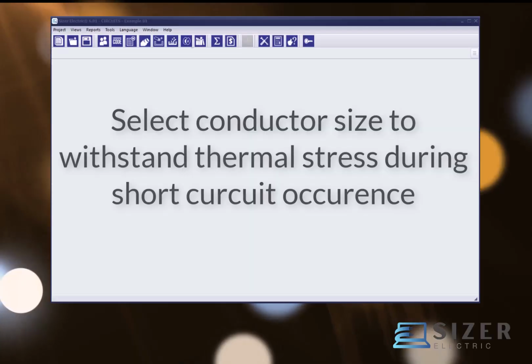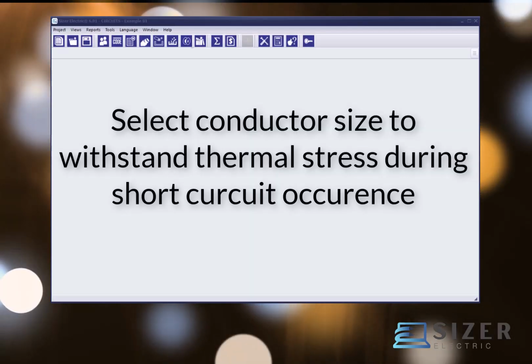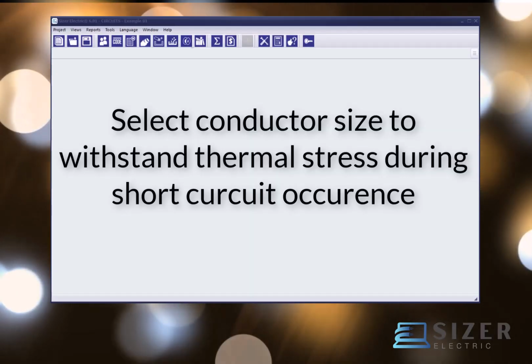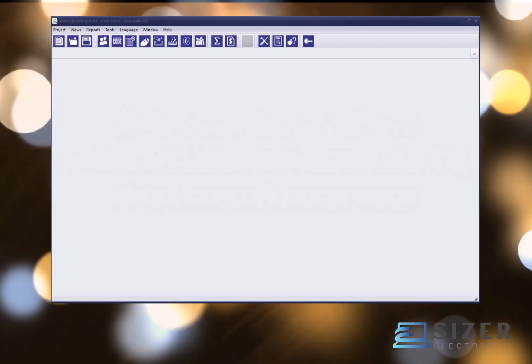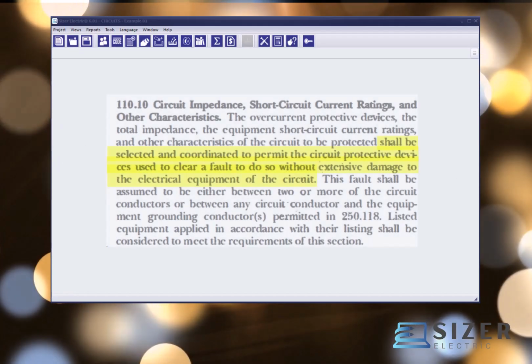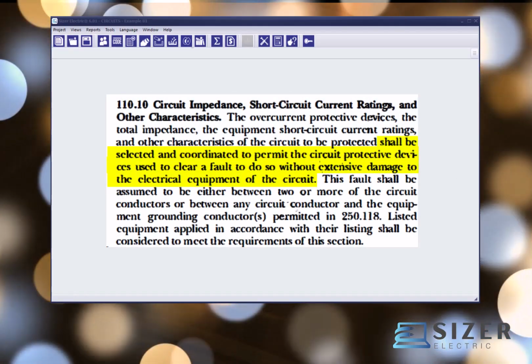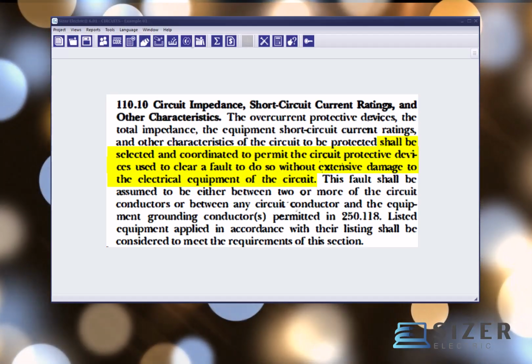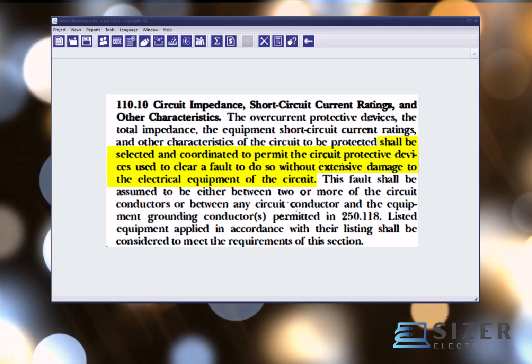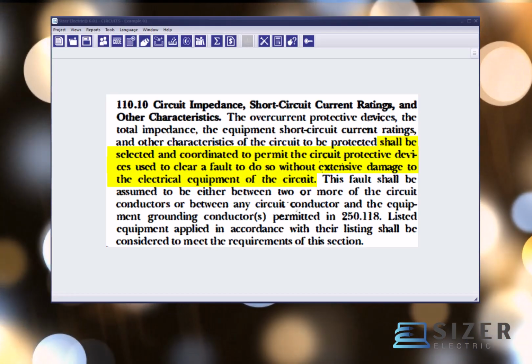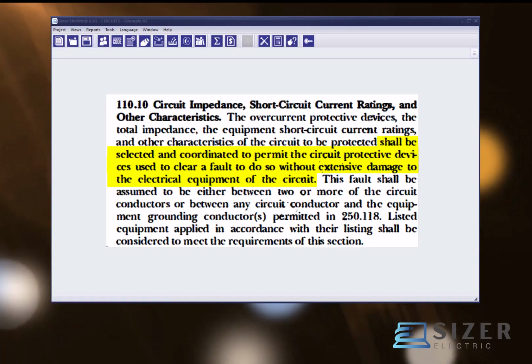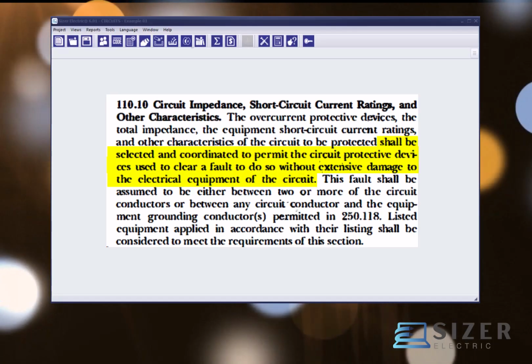In this video, we will present the principles used to size a conductor considering the thermal stresses during a short circuit condition. It is important to note that, according to Section 110.10 of the National Electrical Code and the Mexican Official Standard NOM 001 Std 2012, hereinafter referred to simply as the code, overcurrent protective devices, total impedance, short-circuit interrupting